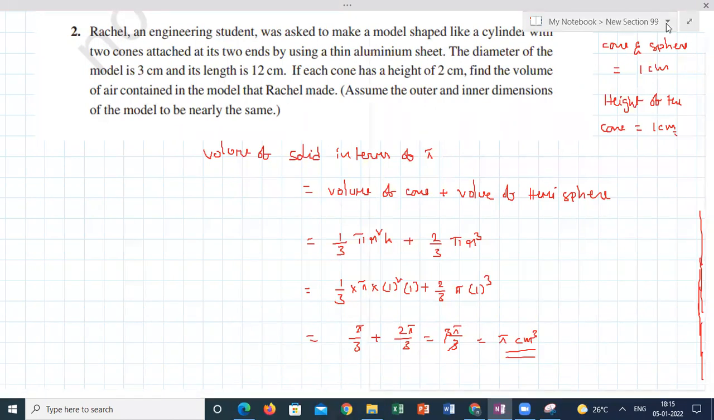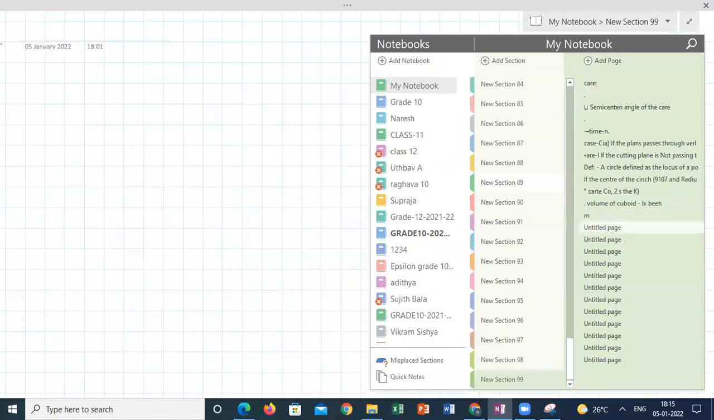What kind of shape will you get from the second question? Rachel, an engineering student, is asked to make a model shaped like a cylinder with two cones attached at its two ends by using thin aluminum sheet. So they want to design